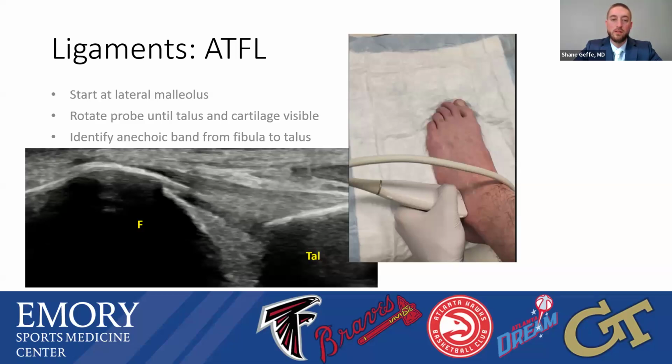but with a bad lateral ankle injury or chronic ankle instability, a lot of the times this ligament is already shot, and so it becomes harder to appreciate. And so if you're confident in your methodology and you can't pick up this tendon, this ligament, then they might already have a chronic rupture or an acute rupture. And a lot of times in the acute setting, you'll see a lot of surrounding edema and